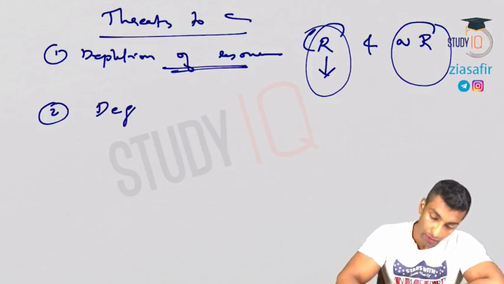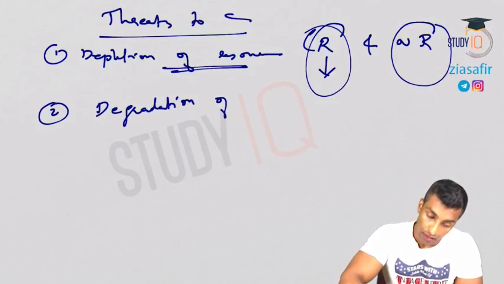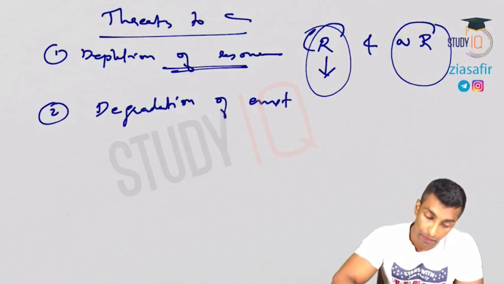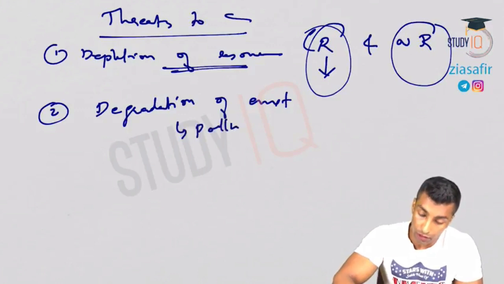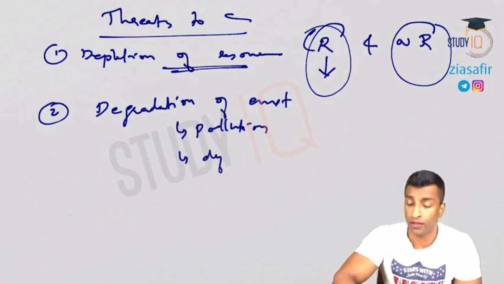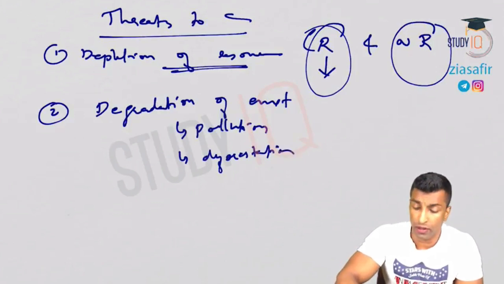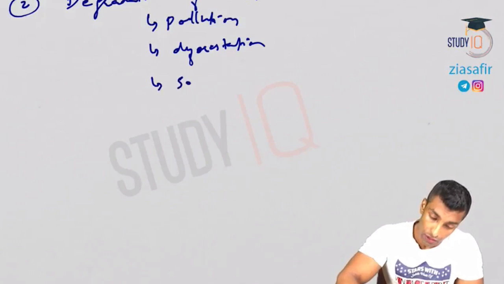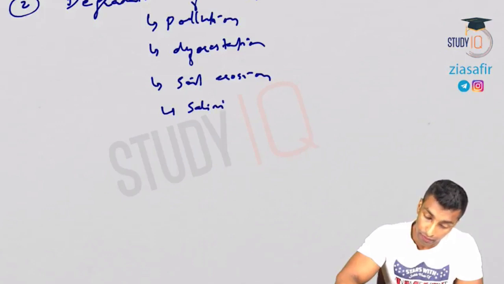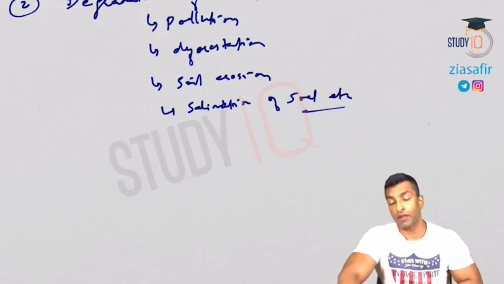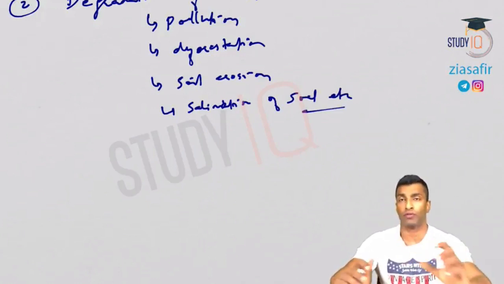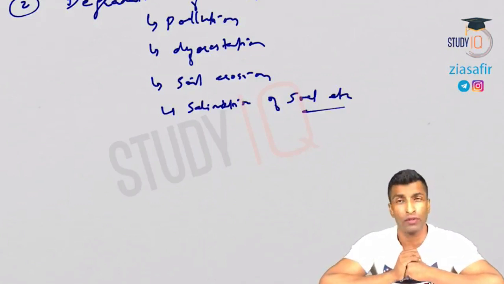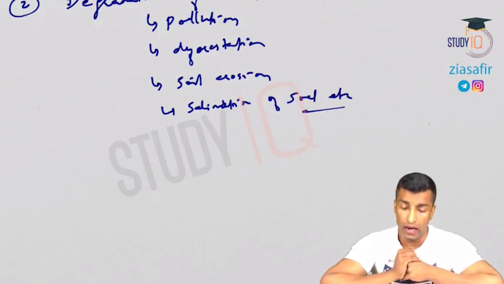Then degradation of environment. So in this, what all things will come, we'll have to write about pollution, deforestation. These are geography topics. Then soil erosion, salinization of soil. See, if you remember in the previous discussion, we discussed in detail about the green revolution, and I've told you one of the environmental impacts of the green revolution. We have discussed a lot of social impact. Okay, all those things we have covered, but environmental impact, when we discussed degradation of environment,